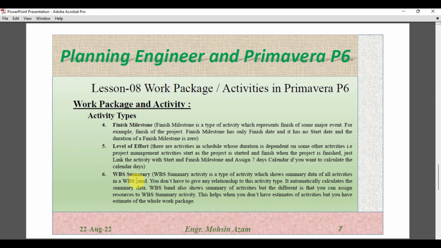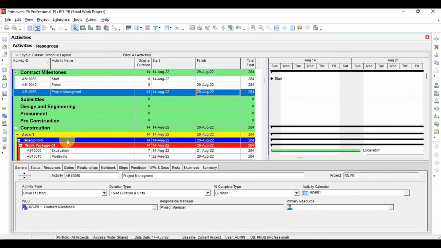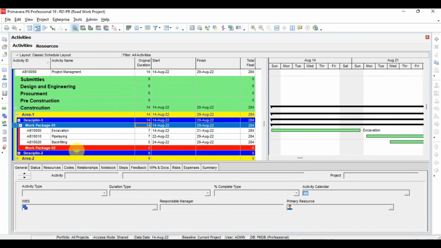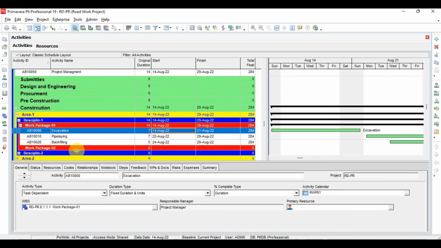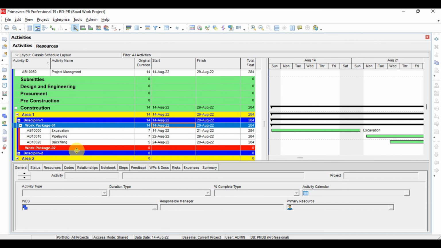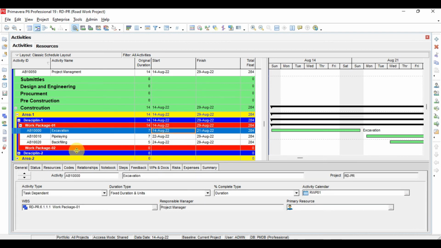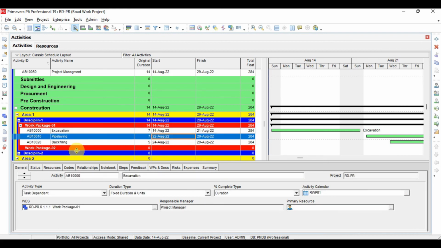For example, we have here one WBS, which is work package 1. If you see here, the total duration for this WBS is 14 days and it is starting from 14 August and finishing on 29 August, and we have 3 activities. So this is actually the summary. But if you don't have the estimate for each activity, for example, if you don't have the cost for excavation, the cost for the pipeline, and similarly the cost for the backfilling,